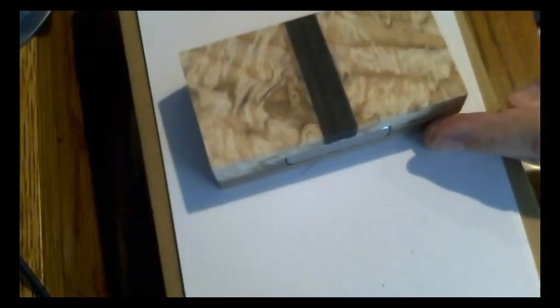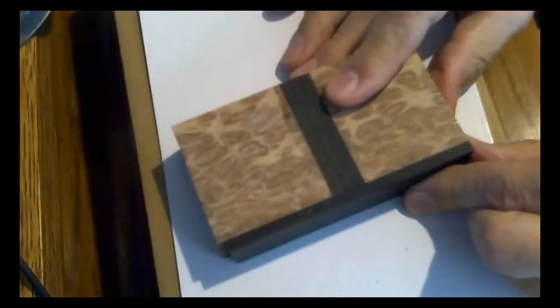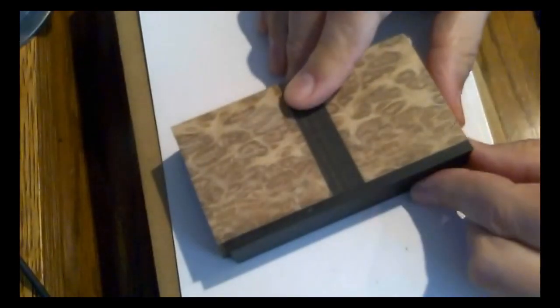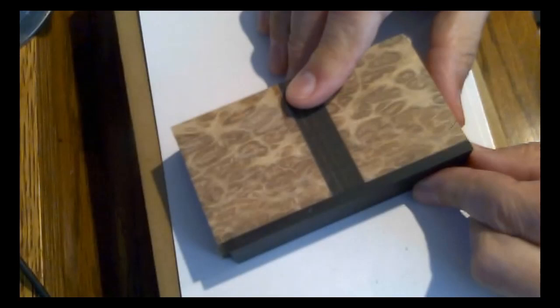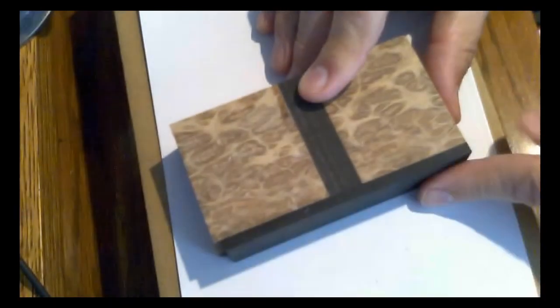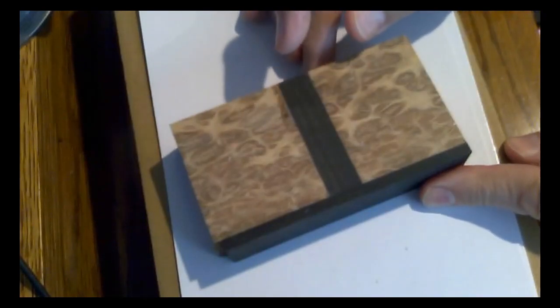I use ebony for almost all of my face plates. This is a piece of ebony. It's got a nice solid black look to it. The only drawback to it is it's expensive, but it's also extremely hard, and for that reason is a perfect choice for a putter face plate. And once again, I epoxy this on to the rest of the putter body and let it set up overnight. And you've now got a completed putter body, and you're ready to go on to the next step,